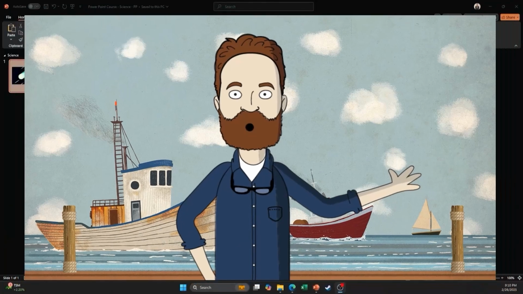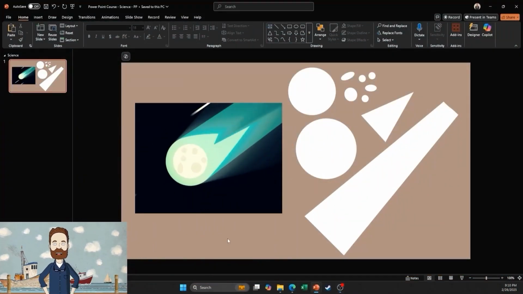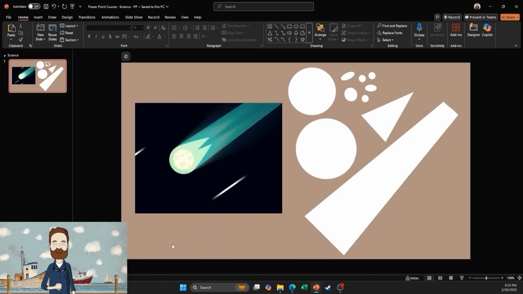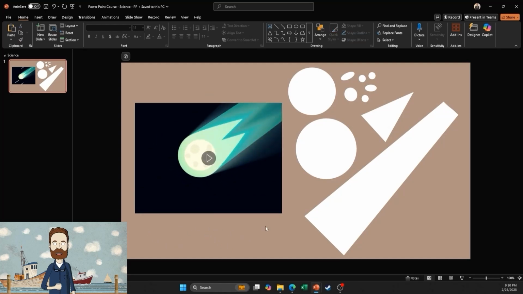Now, let's move on and create the visual elements for the comet. We won't spend too much time on building the shapes, since, by now, you should be familiar with using circles, rectangles, squares, and the edit points on the shapes. If you want to challenge yourself, you can try recreating all the shapes on your own. But if you'd rather save time, the finished shapes are available for download in the materials.